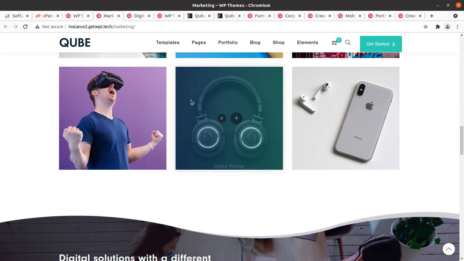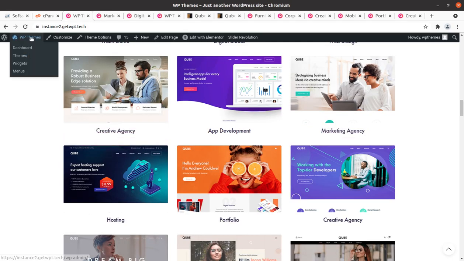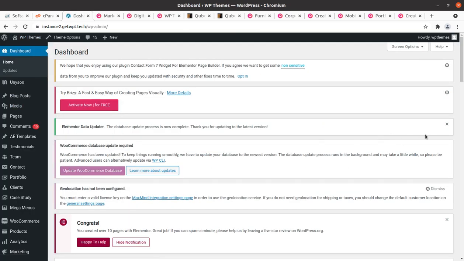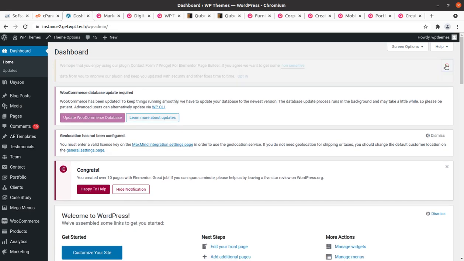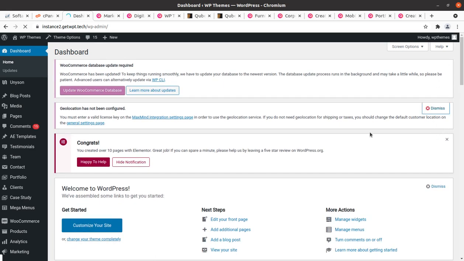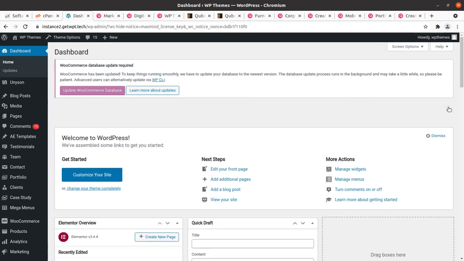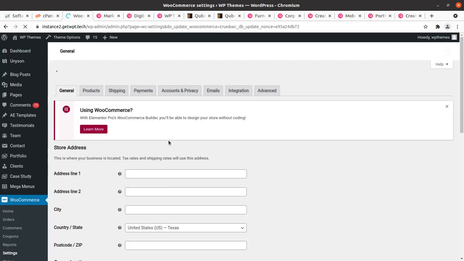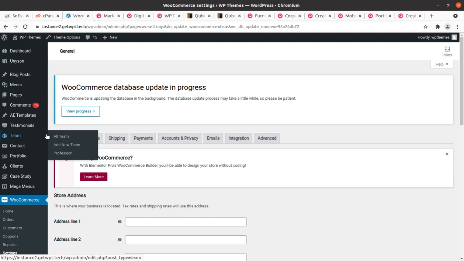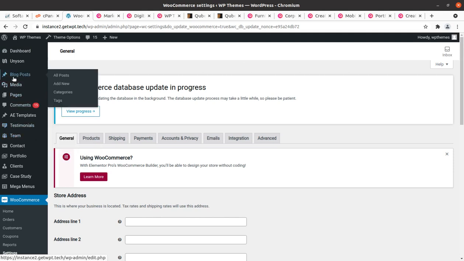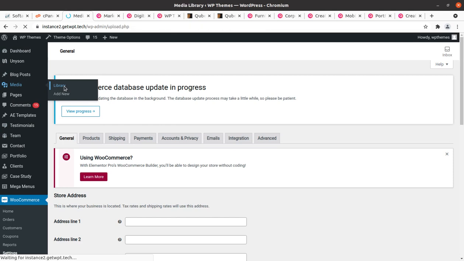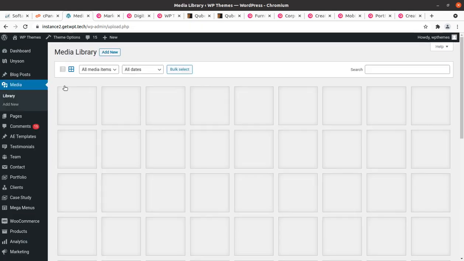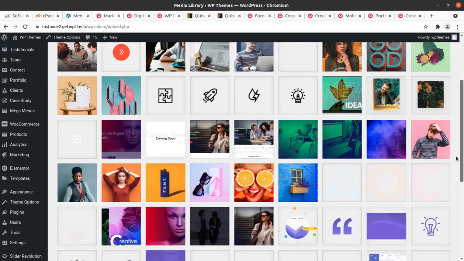I will show you what we have got in the demo, and I'll show the complete set of downloads that has been supplied in the demo itself, and I'll show you the theme options and customization options. So all the demo website is with us now, so simply note that you can choose any after importing the demo. The WooCommerce database update was required, and now it has been done. So everything has been done, the installation part is done, and I'll show you first the media library, how many images we have got in this demo, and it should be a good number.